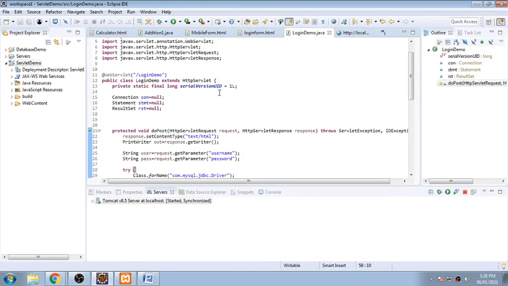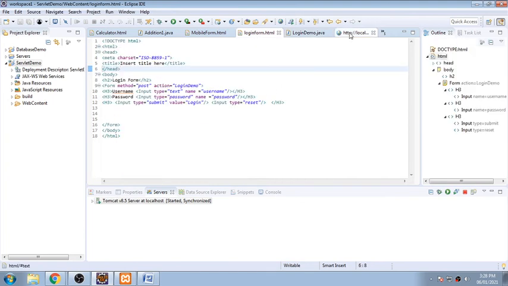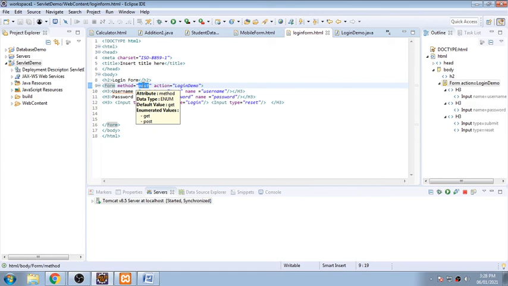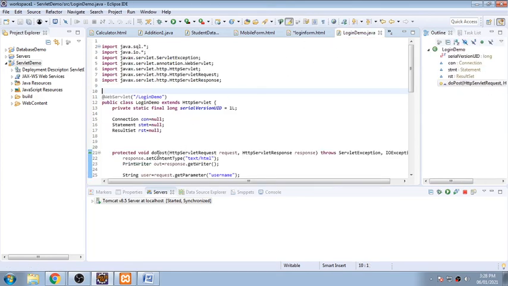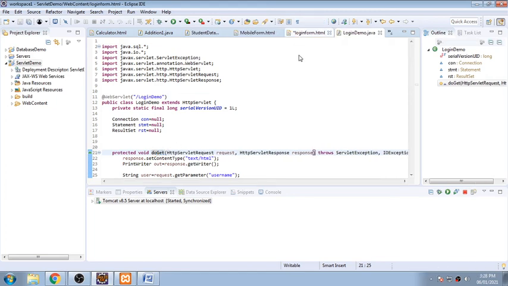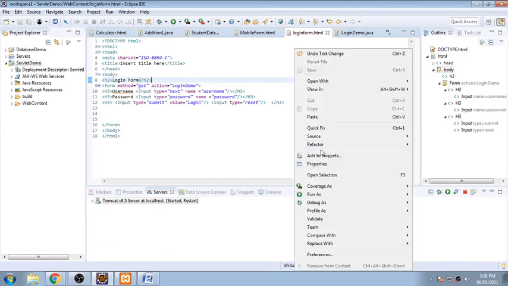If I go for the get method, only limited changes are there. Here I will change it from post to get method, and in this servlet I just change the name from post to get. That's it. Save this program, and run it again.